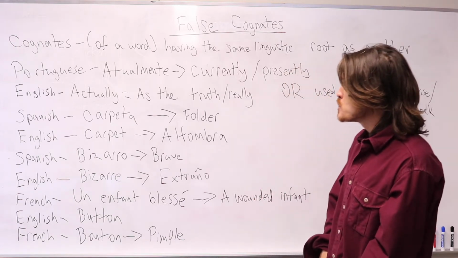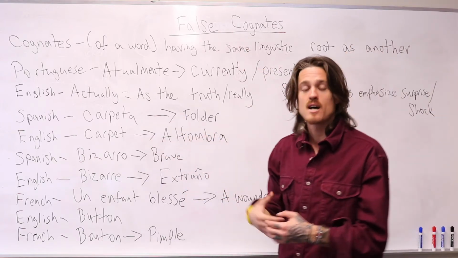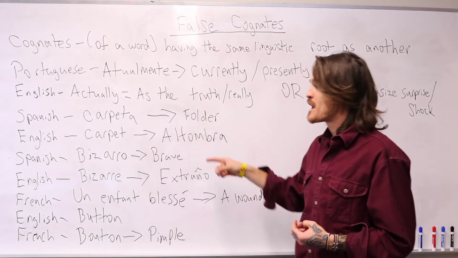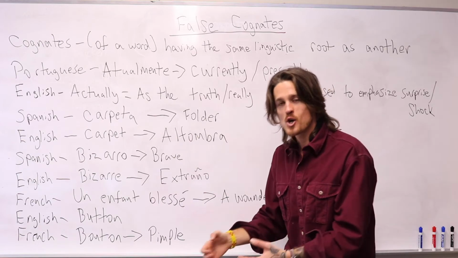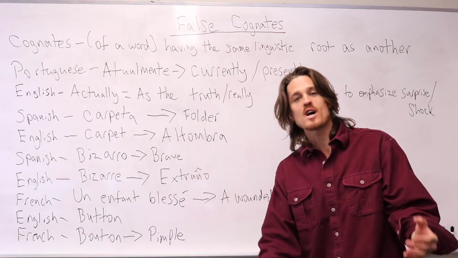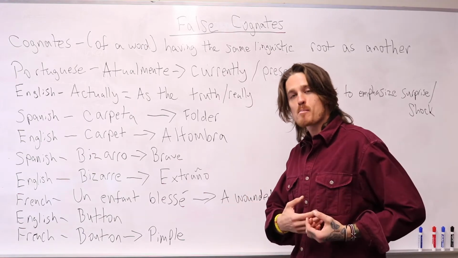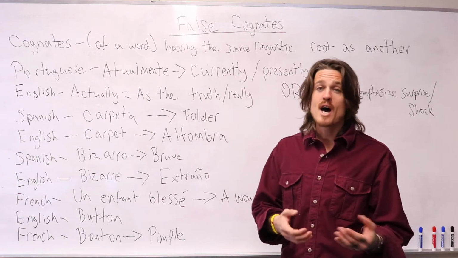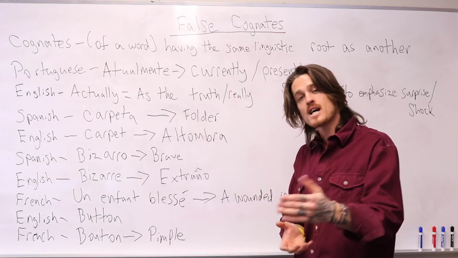So a few examples in Spanish of false cognates: a carpeta, a folder, something you bring to class. But a carpet, an alfombra, has a very different meaning in English. So you have an alfombra as a rug in class, but you bring a carpeta, a folder, to class with all your papers. Maybe you have different carpetas, different folders for each of your classes.